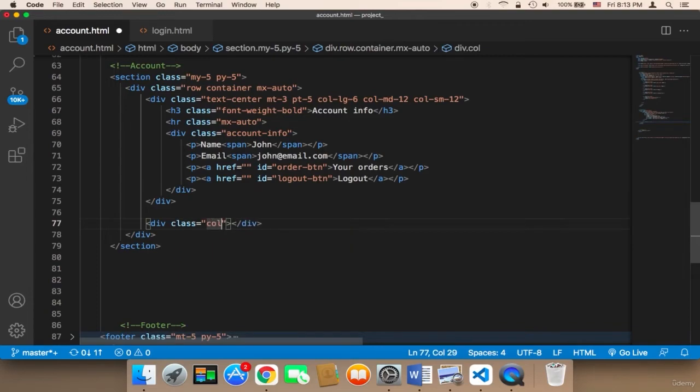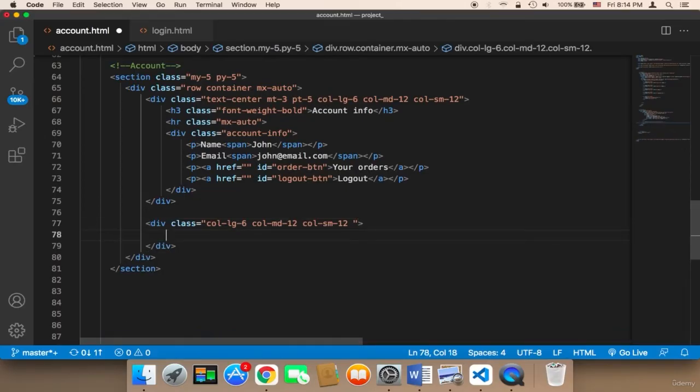So I'm going to say col-lg-6 and col-md-12 and col-sm-12, and this is for this div. Inside this div we need to display the form itself. So I'm going to say form, and for the form I'm going to give it an ID. The ID would be account form,